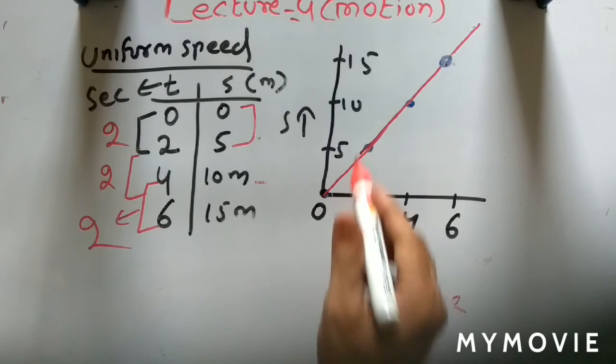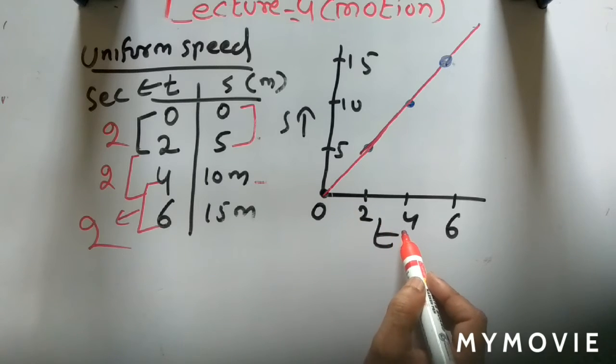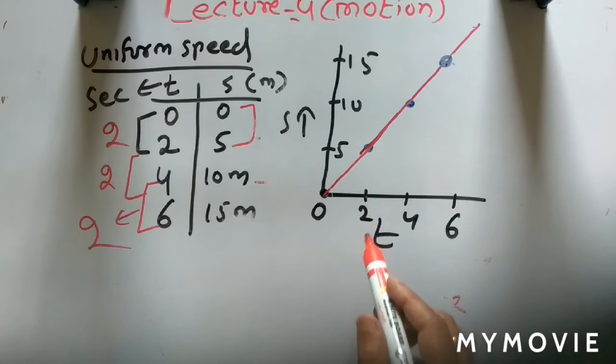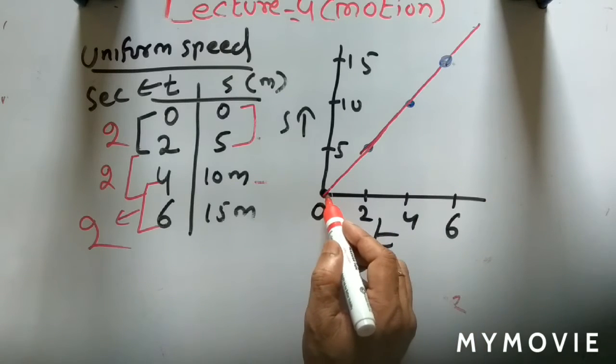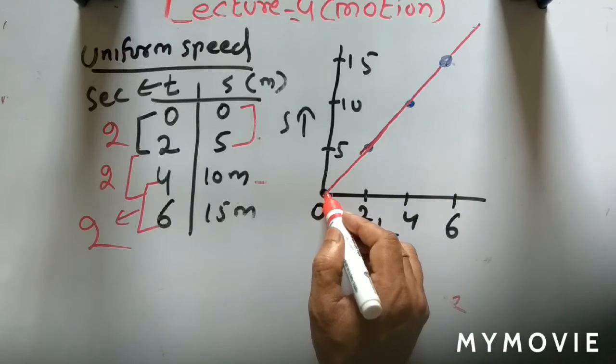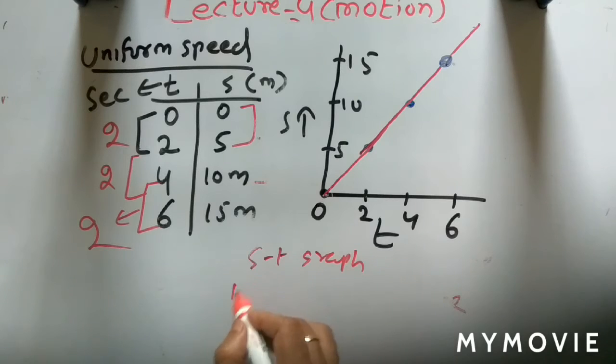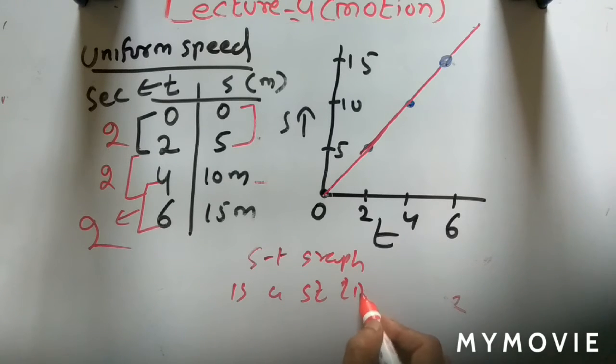This is an important objective question. What is the nature of the distance-time graph for a uniform motion? The distance-time graph is a straight line. If at t = 0 the distance covered is 0, then that graph will start from the origin. So the distance-time graph is a straight line for which motion? For uniform motion. Write this in your notes. This is important. Then we will discuss what is non-uniform motion.